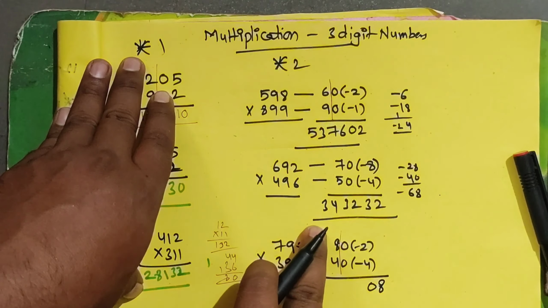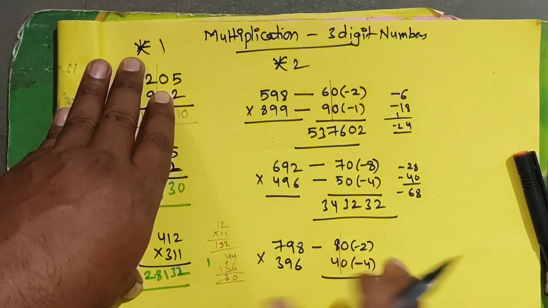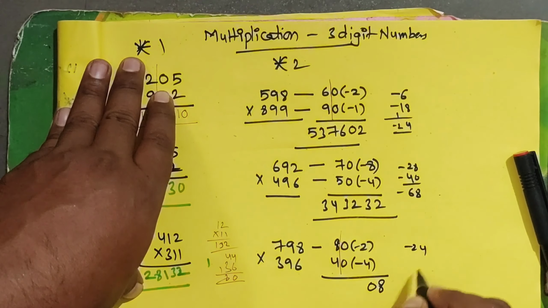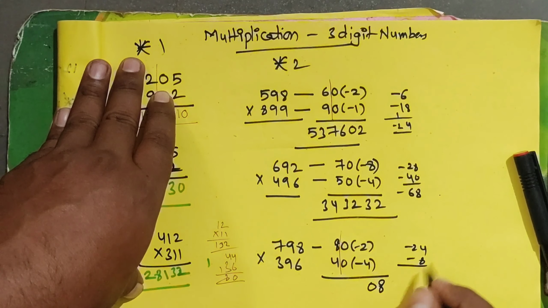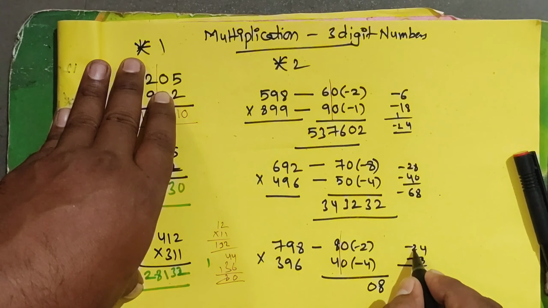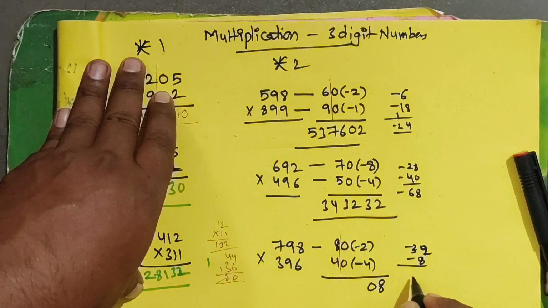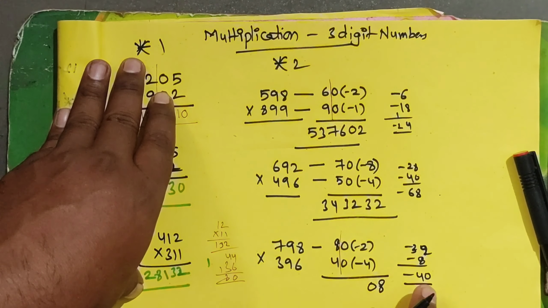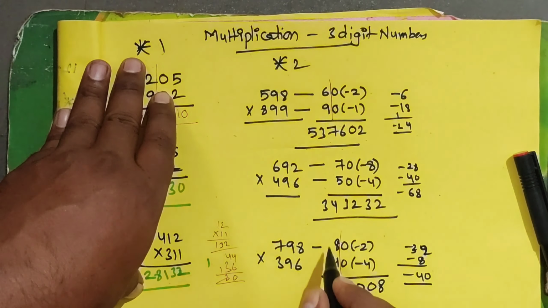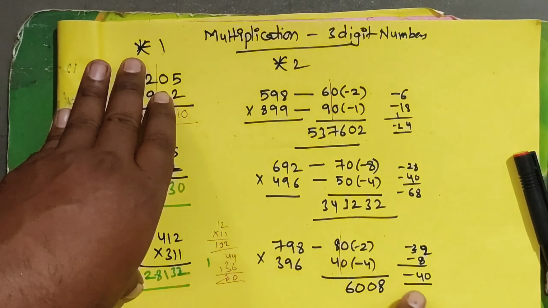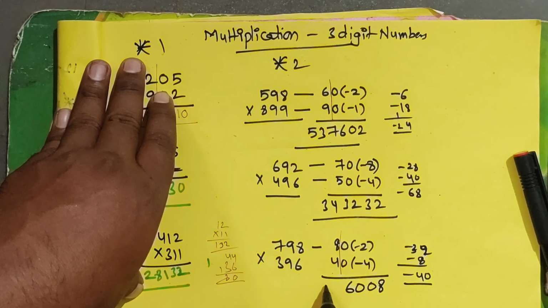So now take the cross multiplication here. 8 4 ja minus 24. Now 4 2 ja 8 minus 8 become how much here? Sorry, this is 32. 8 4 ja 32 and 4 2 ja minus 8. It become the minus 40. Minus 40 we can't write in the answer. That's why we do take the minus from 100. Therefore 100 minus 40 become the 60. Now 8 4 ja 32 means here we have taken the 100 already, therefore take the one less, become the 31.